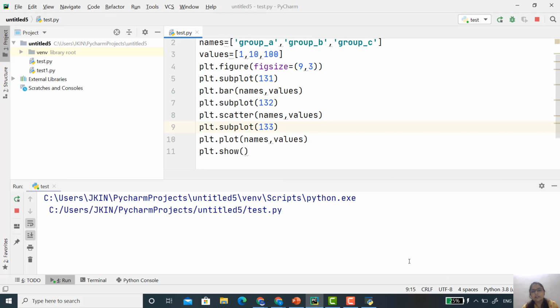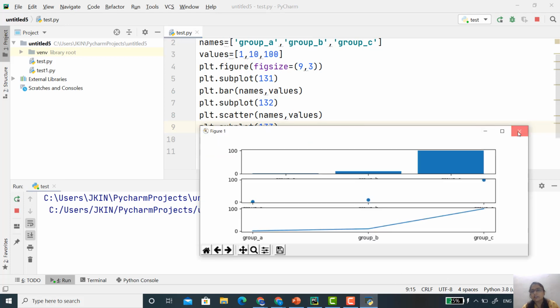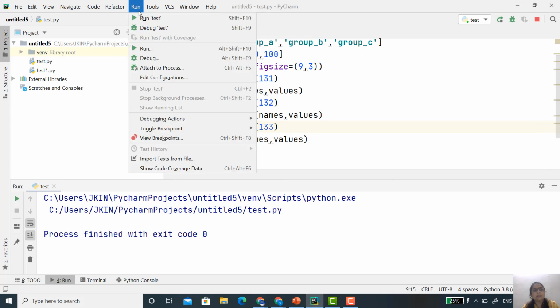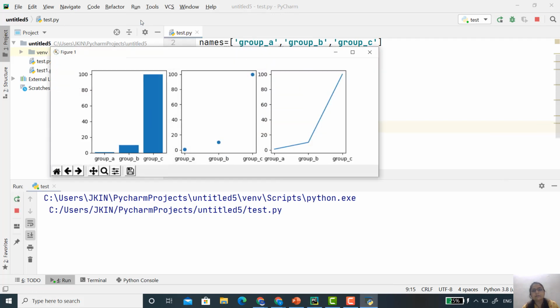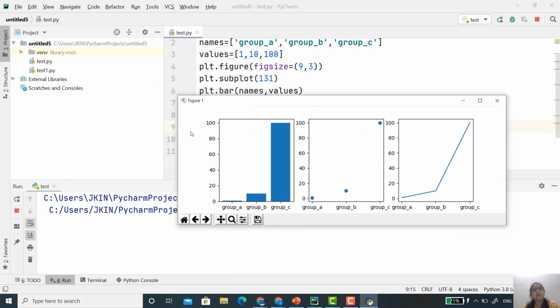Let's run this. First I'll close this figure and run. See here, 3 different subplots are visible, where the x-axis is group A, group B and group C, and the y-axis is the value.